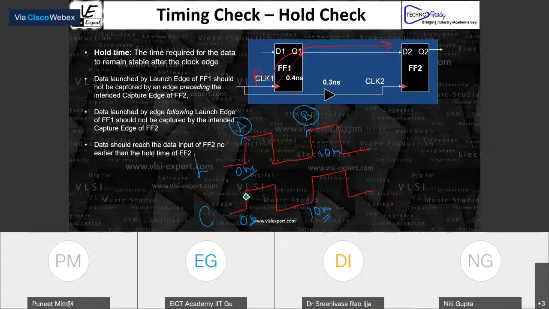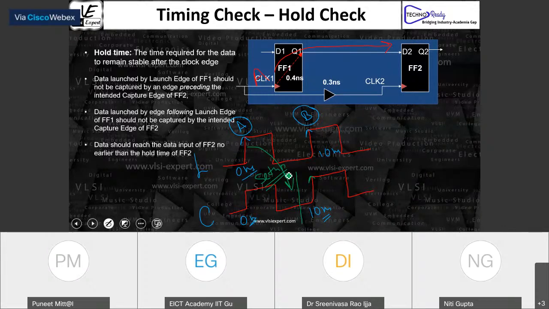You're launching here, you cannot capture here, because you cannot be present in two locations at the same time. So if you launch the data at 0 nanosecond, you can capture that data at 10 nanosecond only. And as per the flip-flop condition, the data should reach a certain time before the clock edge, because this is your clock edge. So if the data comes somewhere here, there is no problem. So this is basically the setup.